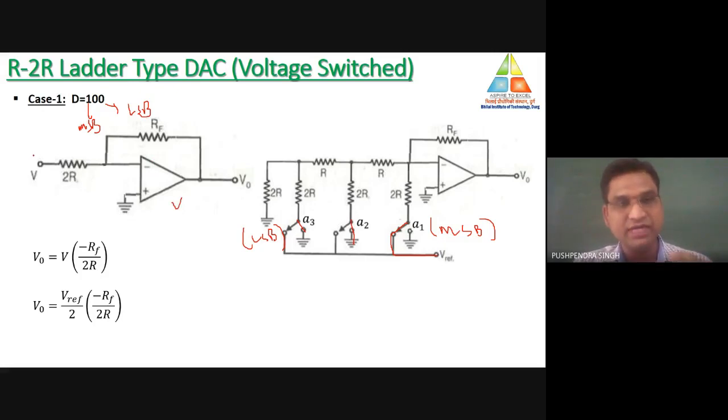But how to achieve this circuit, how to respond to this particular circuit, now we will move further to calculate the value of this. So this first resistance is connected to reference voltage source VR. Now for the calculation of this, we need to start from the left hand side. When it is connected to ground, you can see that this 2R resistance is connected to ground. This resistance is also connected to ground. That means both the resistances are in parallel to each other.